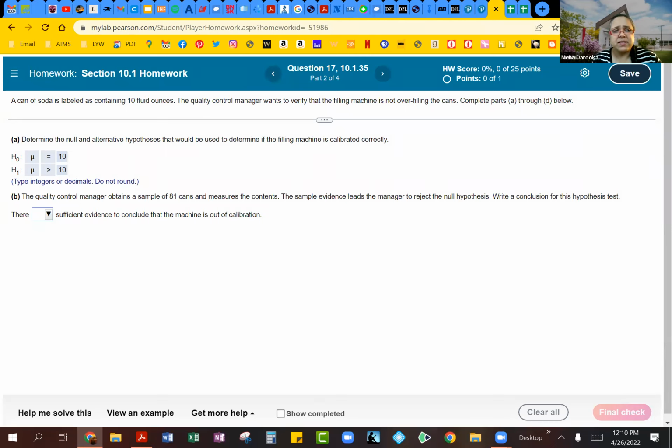So that's your null hypothesis. Now they are saying the quality control manager obtains a sample of 81 cans and measures the contents. The sample evidence leads the manager to reject the null hypothesis. So when you are rejecting the null hypothesis, this is basically where we are saying you do not have